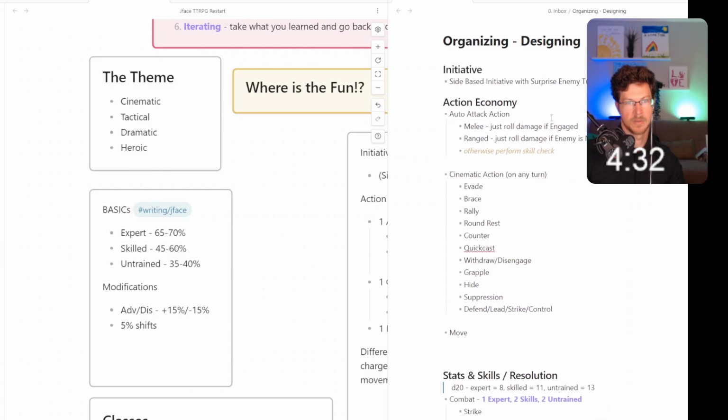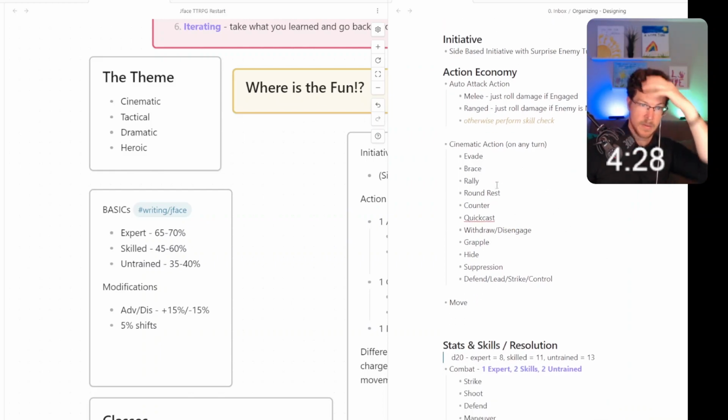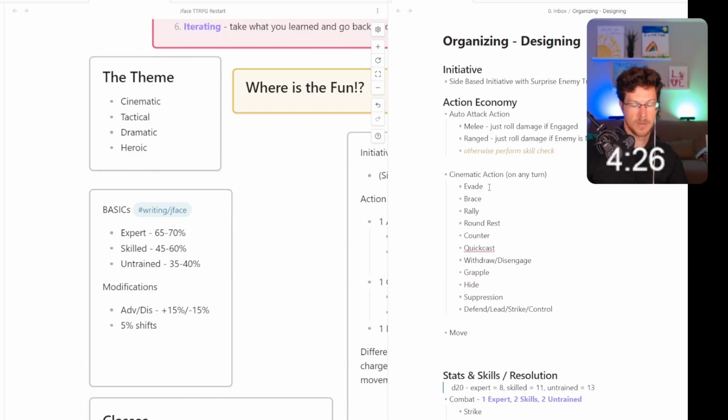Let's go up to side-based and actions. So, evade. This is, I can use my cinematic action to evade. So if you haven't spent your action, you can use this to take no damage. If you haven't spent your action, you can use this to double your armor. That's nice.